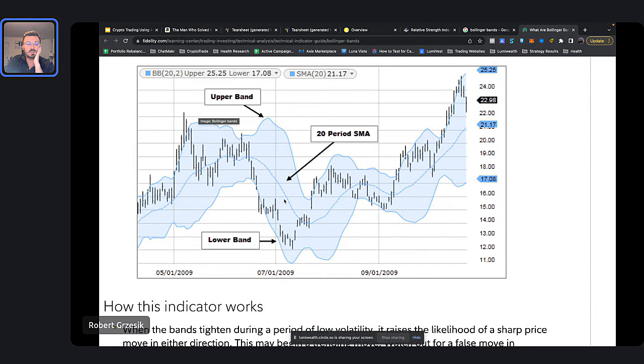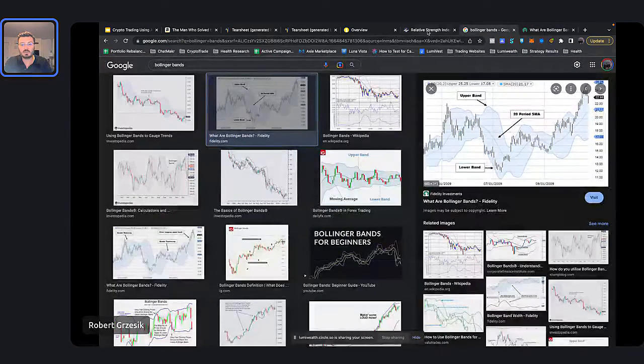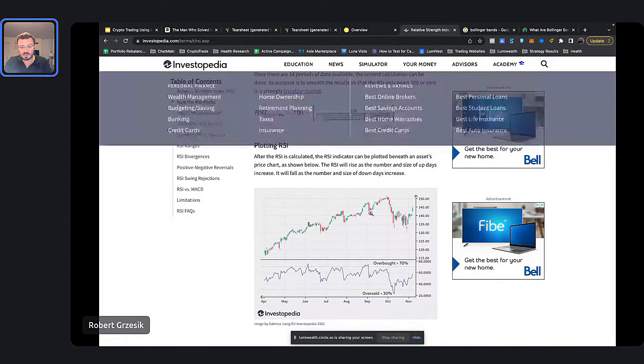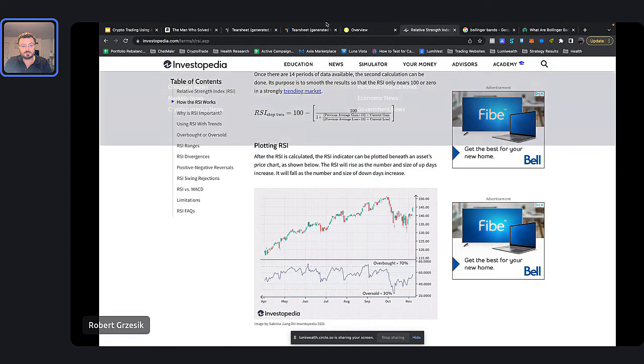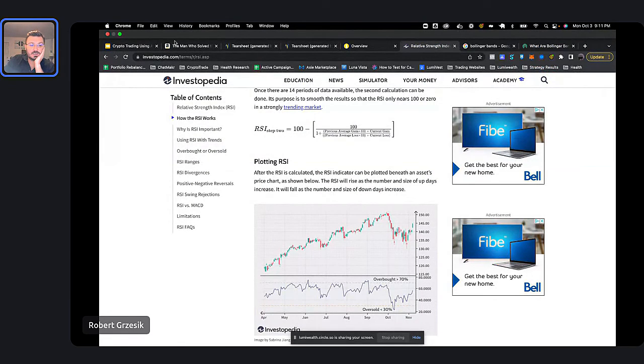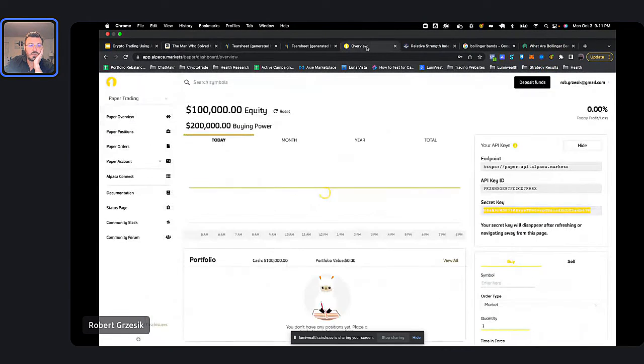So for us, what we're doing is we're taking both of these signals, right? We're taking this Bollinger Band signal. Are we above the upper Bollinger Band? Are we below the lower Bollinger Band, right? There's a buy signal, sell signal. And then we're also combining that with the relative strength index, the RSI, overbought and oversold, right? And we combine that to say, is it a buy signal or a sell signal, right?